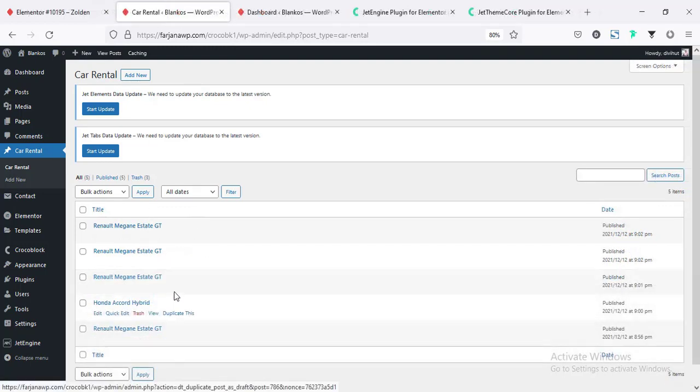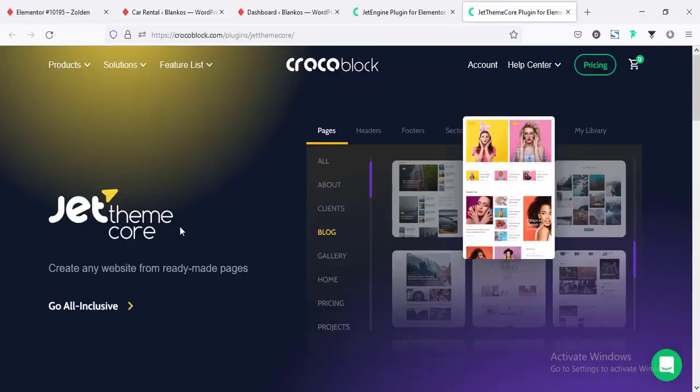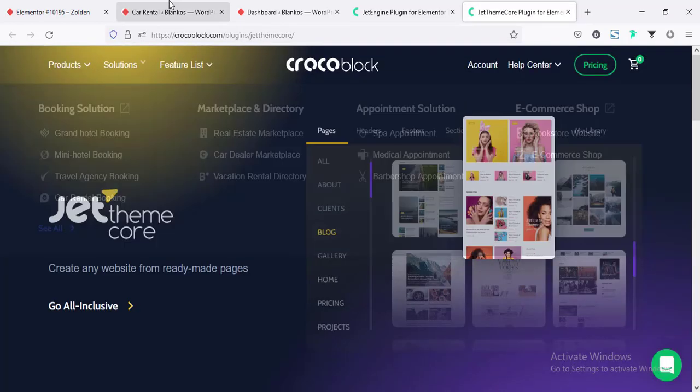Alright, I have created some more posts in the similar way, and now I'm going to create the single post page for this car rental. We can create that from our theme builder. If you are using the Elementor Pro version, that case you can create it from Elementor theme builder option. For now I'm using the Elementor free version, and here I'm using the Crocoblocks. So here I have also installed the Jet Theme Core plugin,